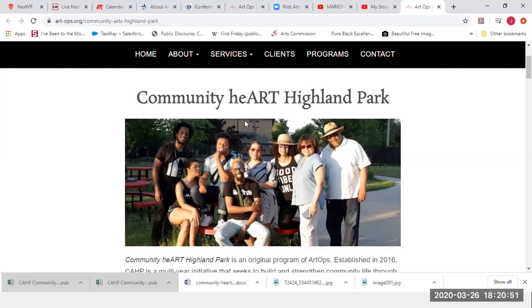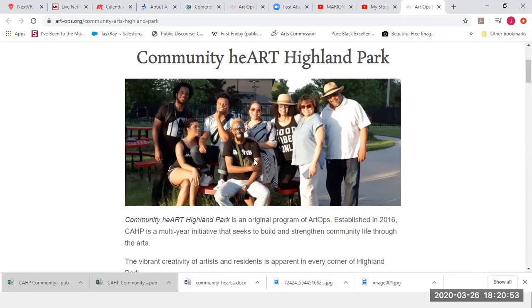So that is why ArtOps at this time is more focused on wording ourselves and creating our narration that we are partnering with them, because that's what we're doing. Next year, they will be definitely more at the forefront of this regranting process, as well as some of the other activities that they offer.